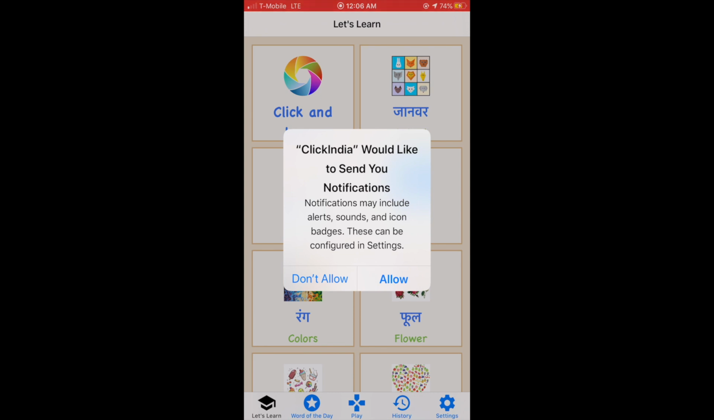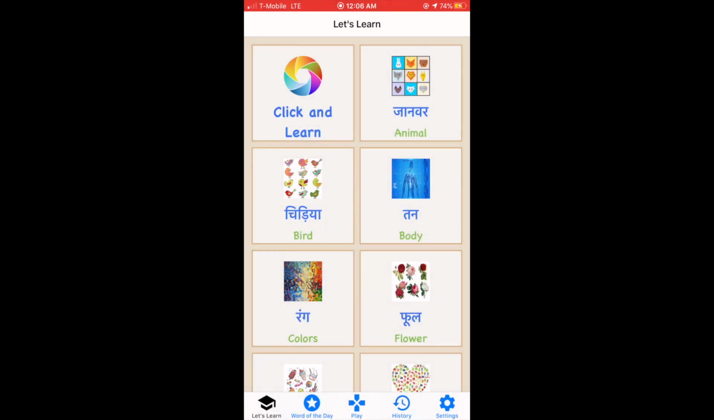And when the application launches on the home screen, it will also ask you, can I also have the permissions to send you the notifications? And you can allow it if you want to. So as you can see, the home screen is the Let's Learn screen where you are shown all the words